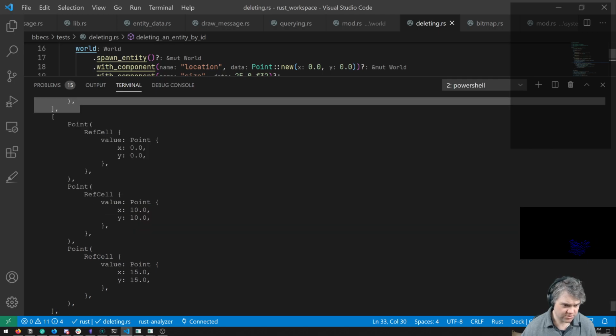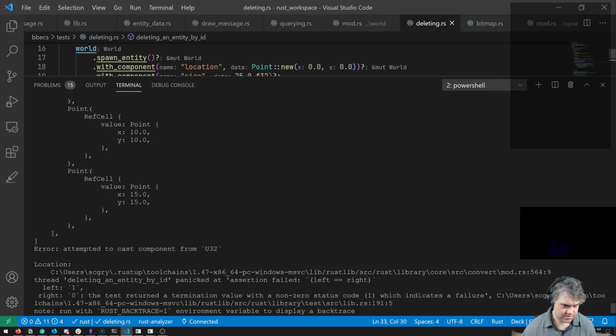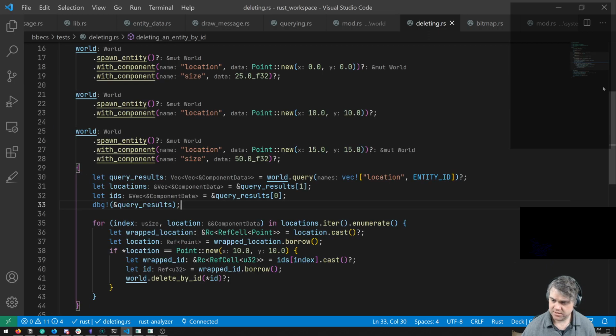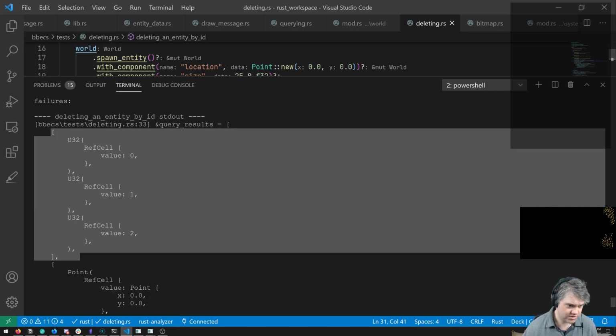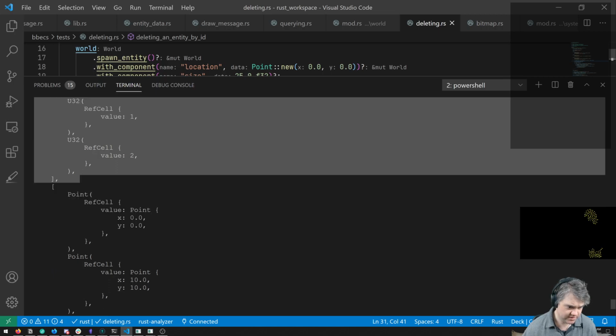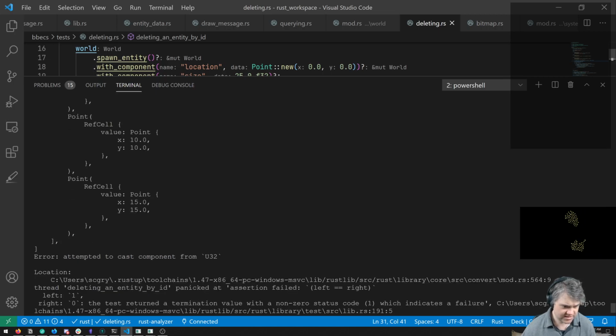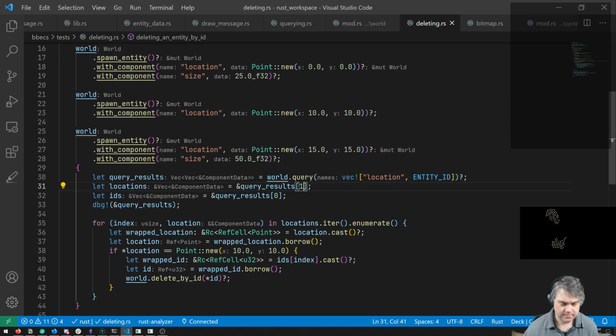So 0 is U32s, and 1 is point. So 0 is the IDs, and 1 is the points. And they're the same length, right? 1, 2, 3. 1, 2, 3. So they're the same length. That's all okay so far.